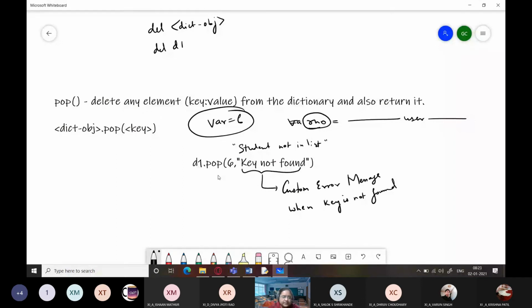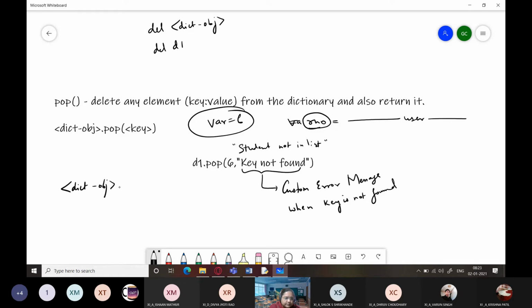So our purpose is we should not stop the execution in between, rather if a particular value is not there, it should just display a proper error message and continue with the rest of the execution of the program, right? So in case the key is not present in the dictionary, then we provide "key not found". This is a custom error message, and this is an optional part.